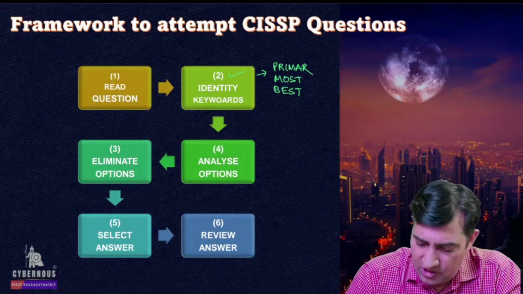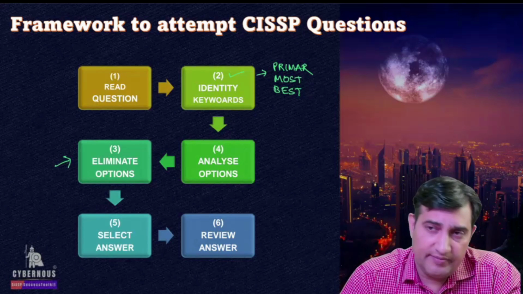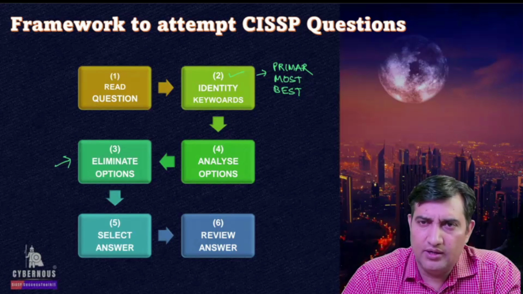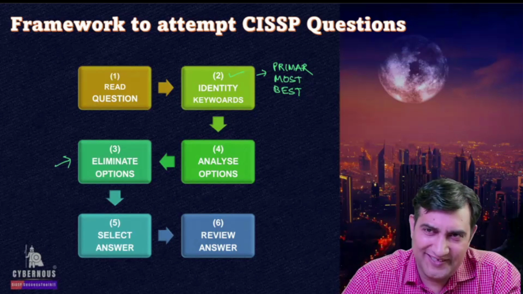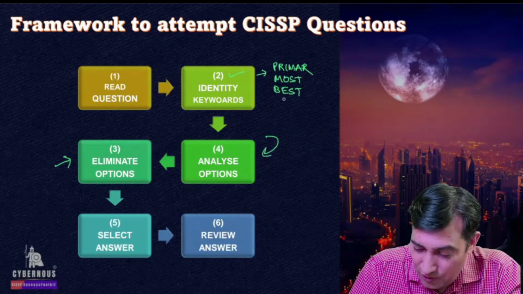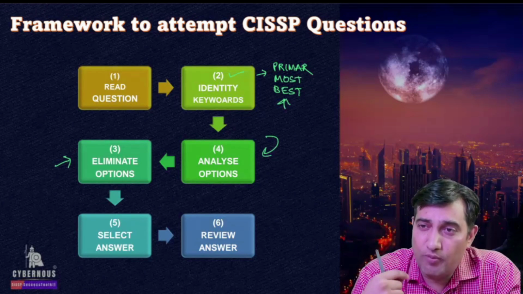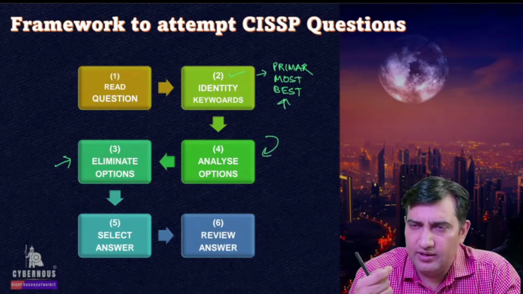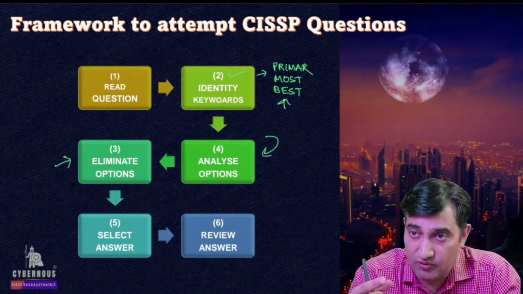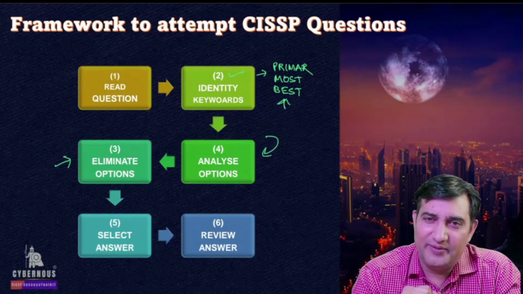The third step is, whenever you are going to select the answers, always follow the elimination method, because that's a proven method which always works. And let's say even after that, you are stuck with 2 options, right? Then you need to relook at these keywords and analyze each one of them in a much more comprehensive way, or you can say from a leadership perspective, because there are questions where you will find 2 options are correct, and it can be very, very frustrating at times. So that's also very, very important.